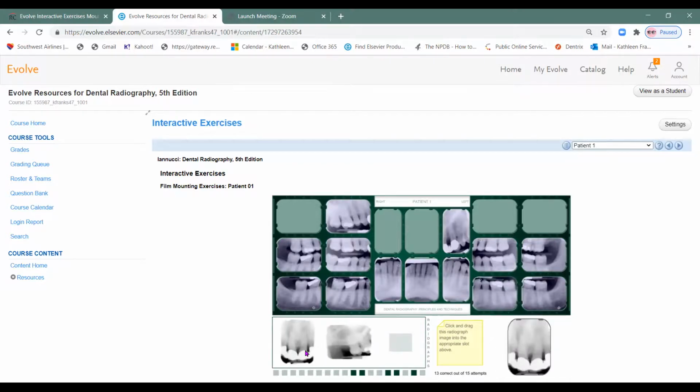Okay. Because it's straight on, this is going to be these centrals right here. When we take an image of the centrals, whether it's maxillary or mandibular, we get a pretty good straight on shot. Okay. This is going to be your maxillary